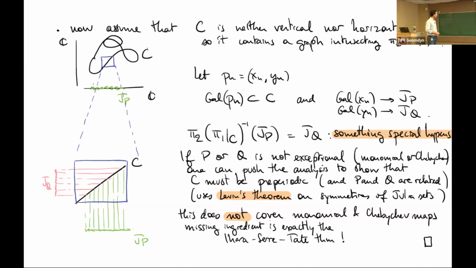An amusing thing is this rigidity result. I'm saying that a Julia set in one dimension has few symmetries. It is not true when the Julia set is a circle or a segment. So this method does not cover the Ihara-Serre-Tate theorem. For these exceptional examples of Chebyshev mappings or monomial mappings, you actually need the Ihara-Serre-Tate theorem, which is based on the same idea, but of course, it's more special because you work with a monomial map, so you have more ingredients. Everything is more explicit. But it is also based on the idea of letting the Galois group act and that the orbits are large.